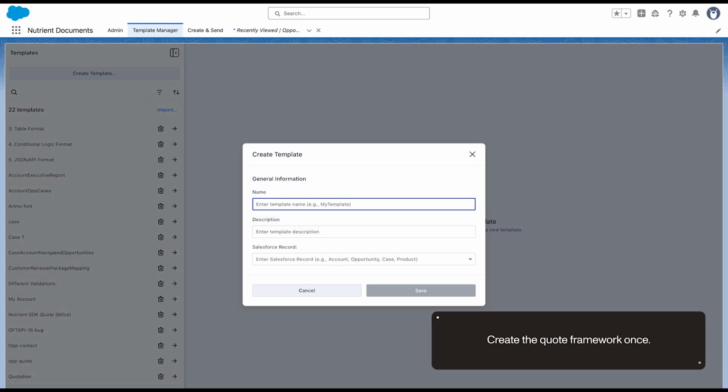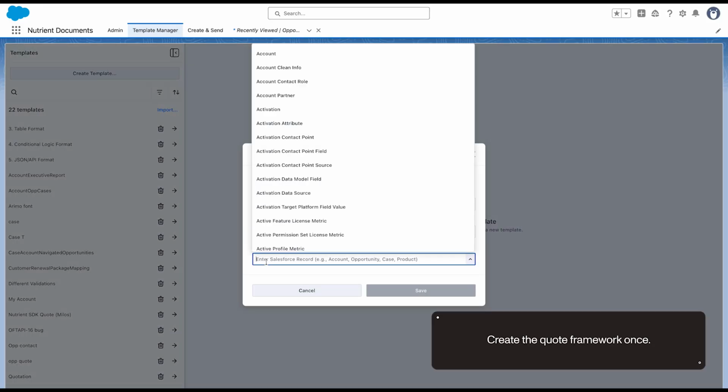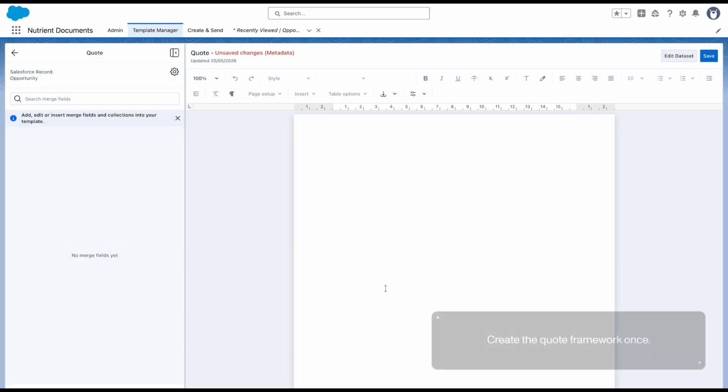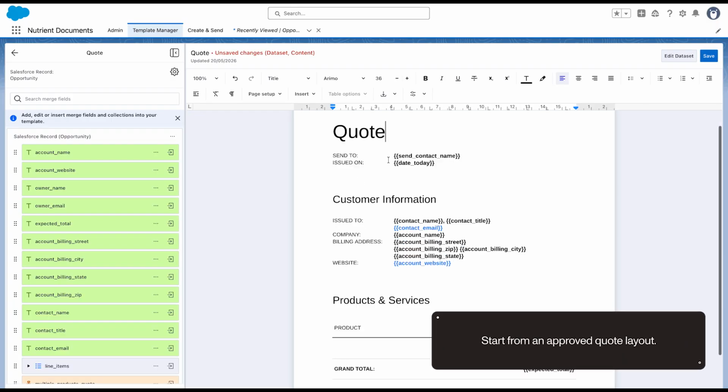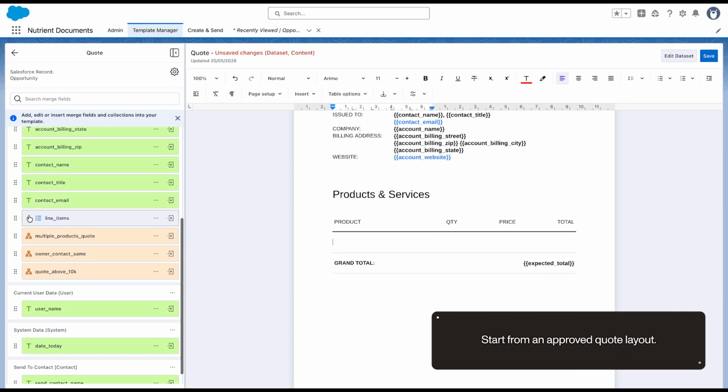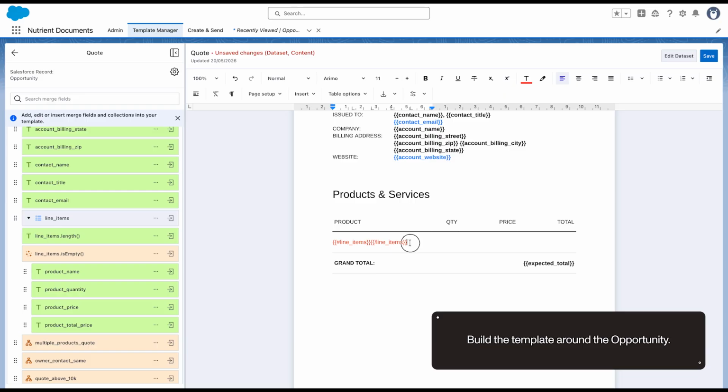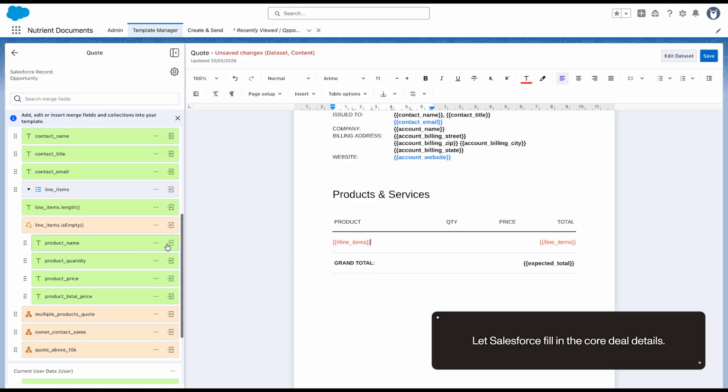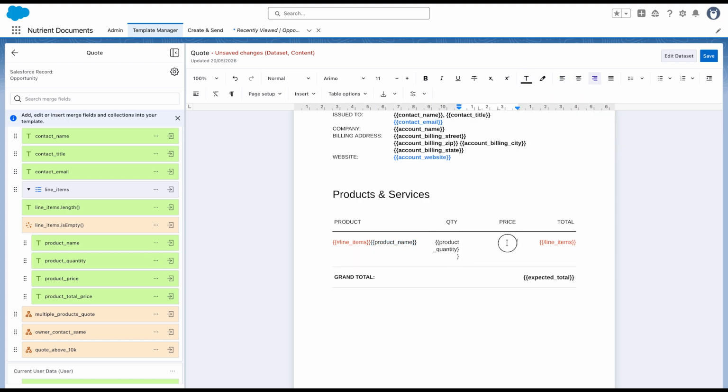With Nutrient Documents for Salesforce, teams can create a reusable quote template that starts from the opportunity. In Template Manager, they create or import an approved quote layout, then connect it to the opportunity as the root record. From there, the template can pull in core details like account information, opportunity name, owner, dates, totals, and other